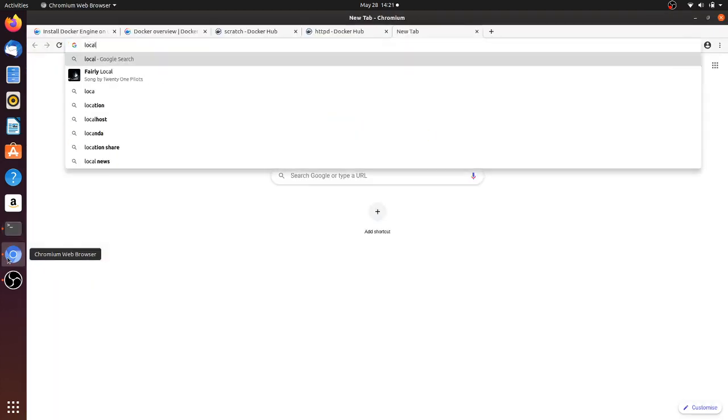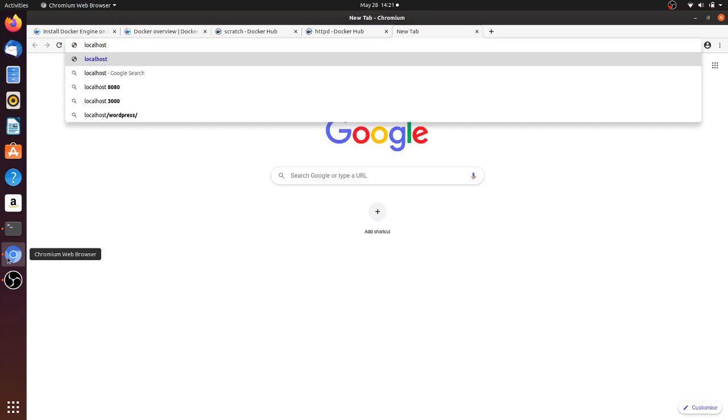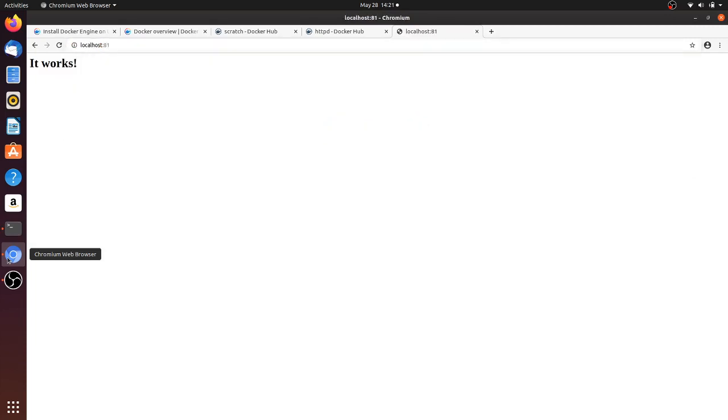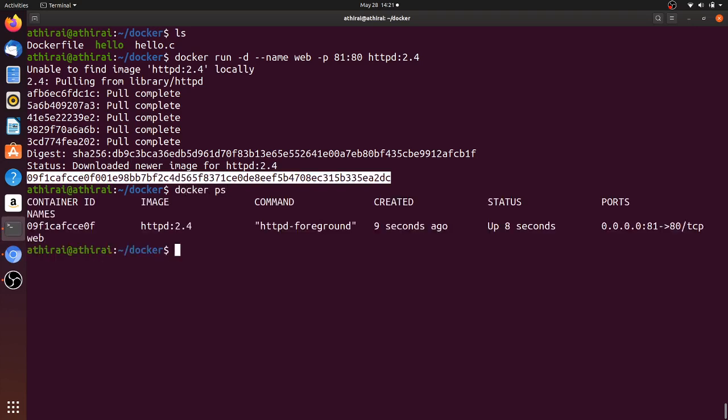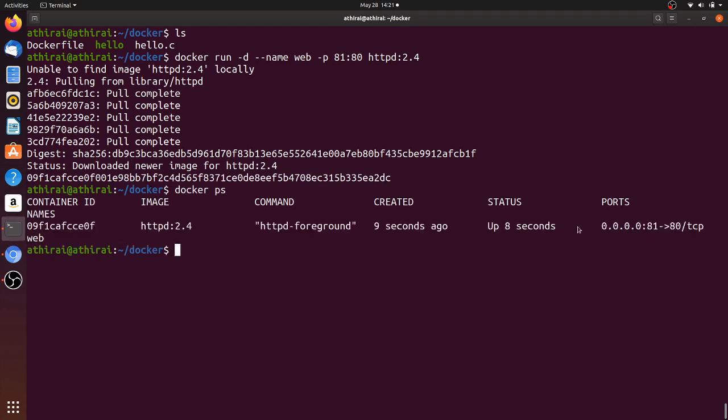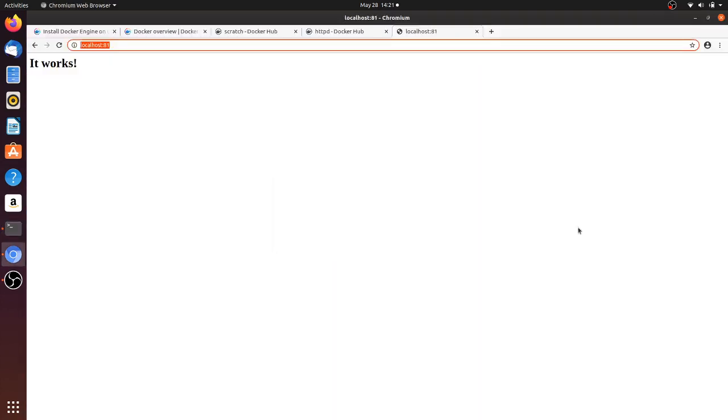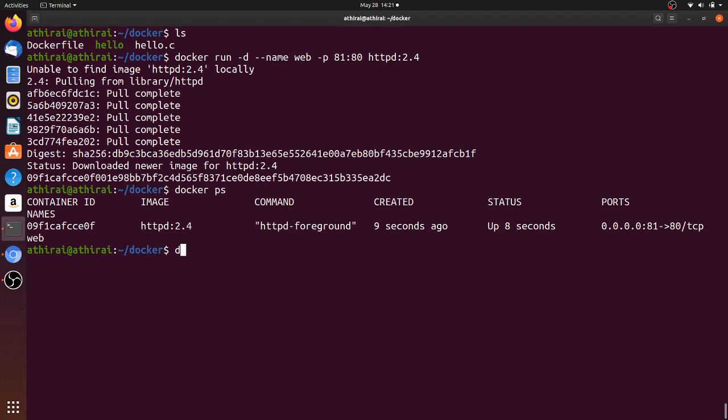So we'll go and try to browse it. localhost:81. It works. So you have the container created and it is in running state. See, it is not stopped because a web server will keep on running, no? So hello world stopped because it's just a command to echo something and then it stopped. But a web server is something which should keep serving you, so it keeps on running. It works, right?